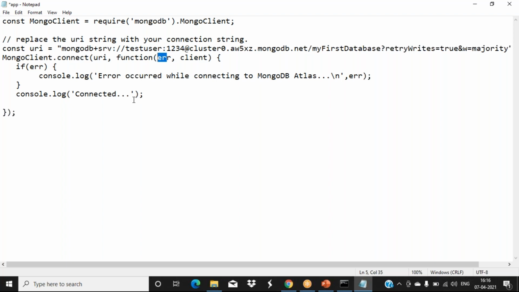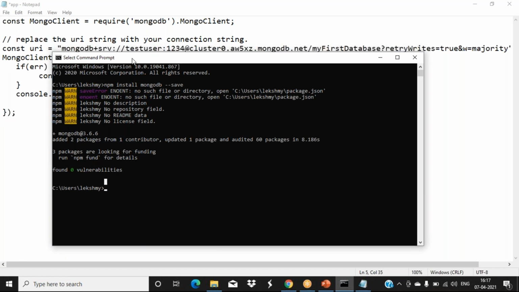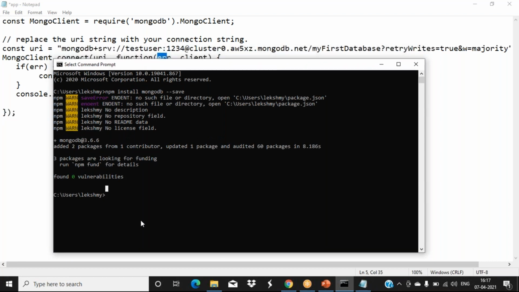Clear this much? Any doubt? So how do we execute this one? We know Node.js files are executed in our command prompt. These files I have in a different folder, so that path we have to give. Initiate your program, or run the program. We are using the node command. My program name is app.js.